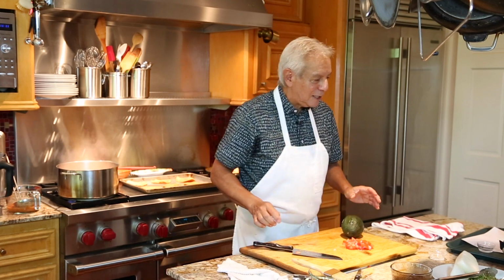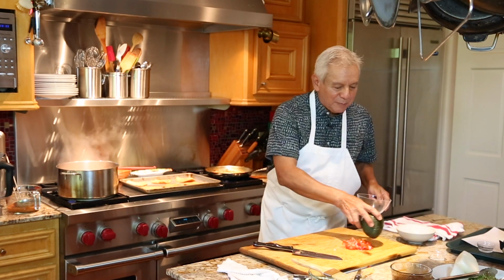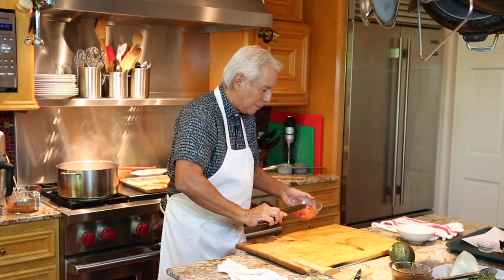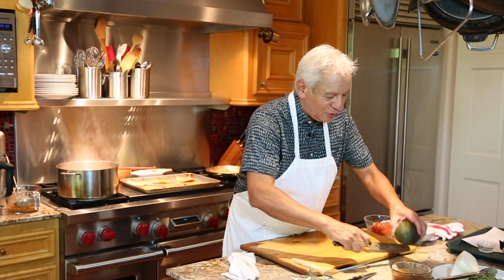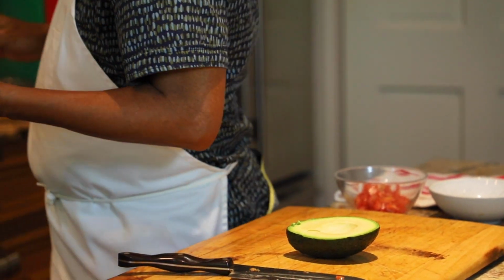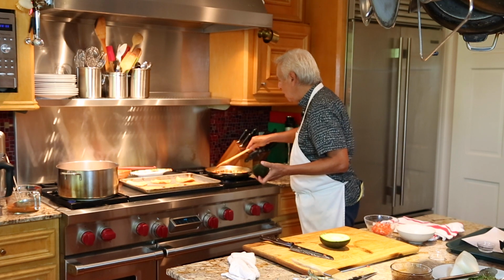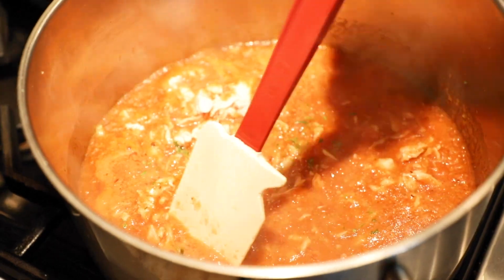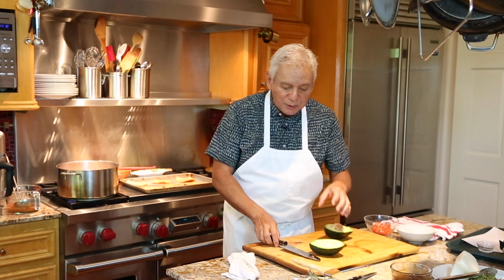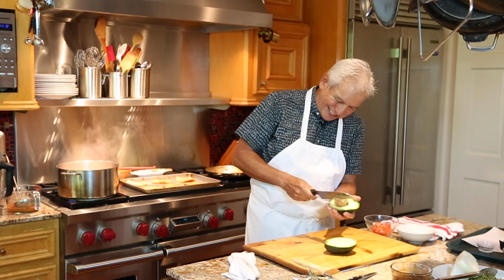And then we're going to have avocados. Let me get a bowl for the tomato. Now remember, use the backside of the spoon for the tomato. And here is how you slice an avocado. This is a little bit green. When you buy the avocado in the store, make sure that it's hard and green. Because if it's soft, you don't know how long it has been sitting there and it may have lost its prime moment of flavor. You buy it green, 2 days in your home, and then it's ready. Then when it ripens just to be a little bit soft, it's the fullness of flavor, and that's the best avocado you can get. Go like this, take it off,